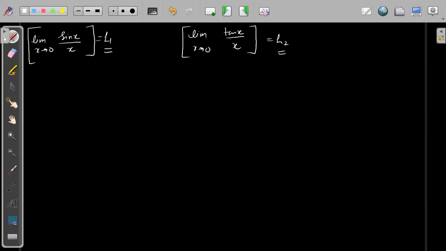Srivatsan has said 0 and 1. Okay, that is correct. But Srivatsan, do you actually know how you will get 0 and 1? How do you know that the first greatest integer is 0 and the second greatest integer will be 1? Fine. Anyone else? I'm saying that this is equal to 0 and this will be equal to 1.